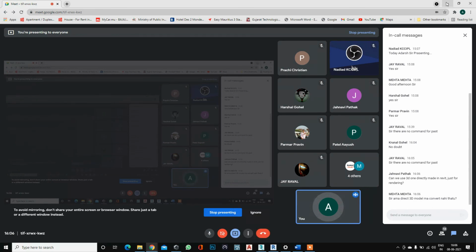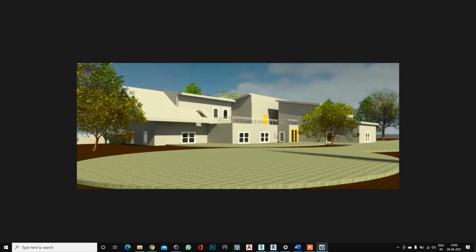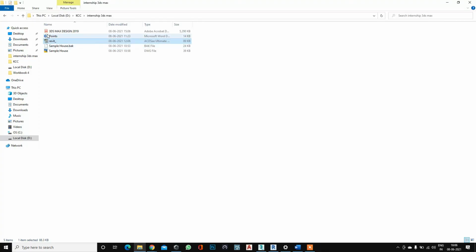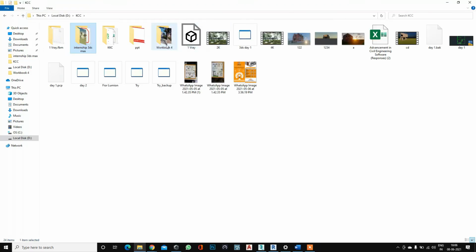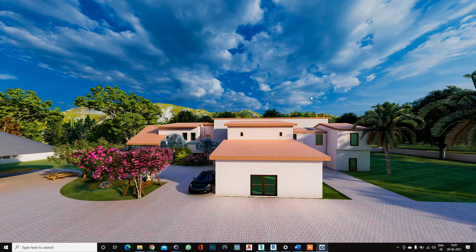I will show the results. Just a minute. You can see this is created in Revit. Now I will show you the 3ds Max render. Here, this is the render in 3ds Max.